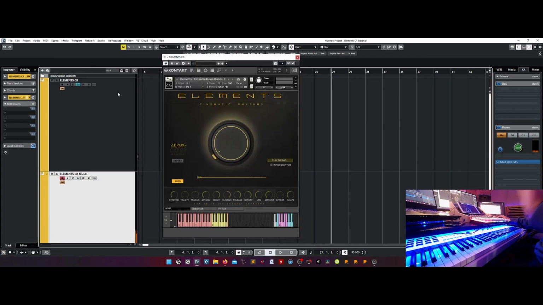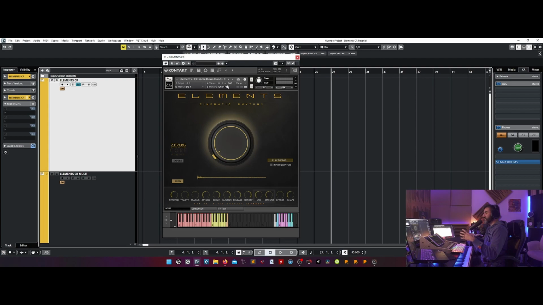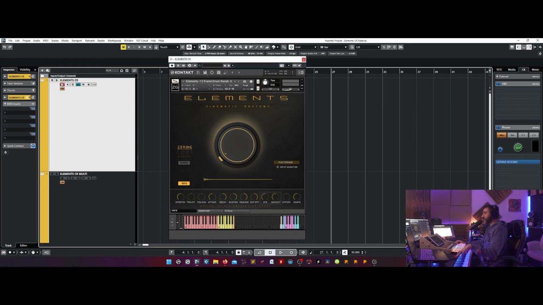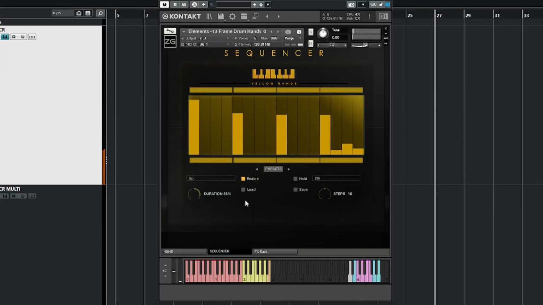Well, but now I would like to explain in the simplest way possible, from the beginning, how to use the sequencer. So let me start from a single instrument, the simplest use of the library, and let me show you the sequencer. So I click on the sequencer tab, okay, and I click on enable.